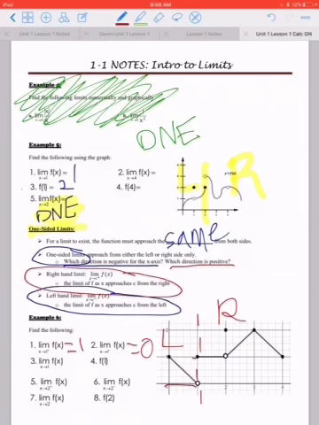So number 3, what is the limit as x approaches 1 of f of x? Well, the left side is 0 and the right side is approaching 1. They're not approaching the same value, so this one is a DNE. They have to approach the same. And then what is f of 1? Kind of a different question, but f of 1 should be your closed circle. So that's going to be